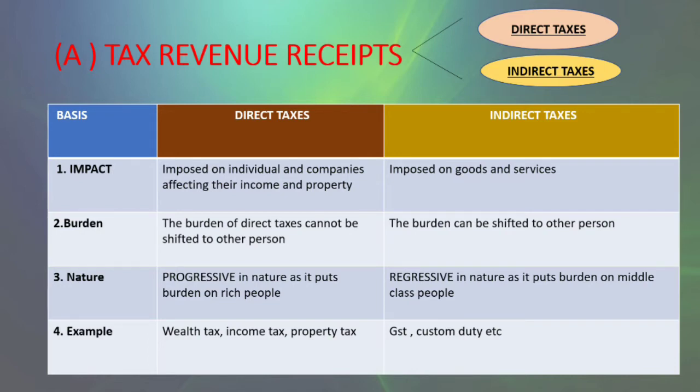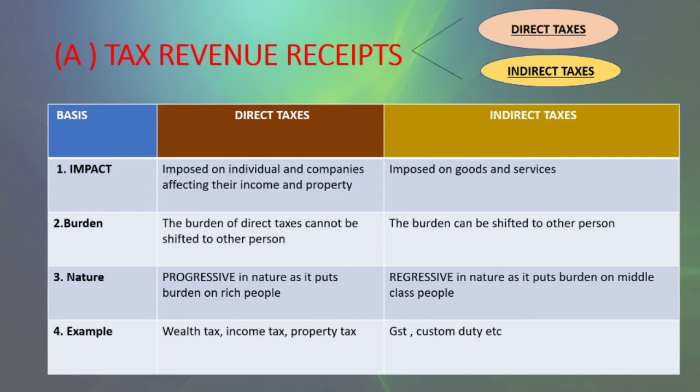How? Let's say you go to McD, let's say, you can shift the burden of the McD charge to your friend. Or for example, let's say there's a charge on tobacco, on the producer of tobacco. So what will the producer of tobacco do? He will shift that indirect tax to you as a consumer. So this indirect tax can be shifted from the producer to the consumer, right? So I have explained the second basis first of all.